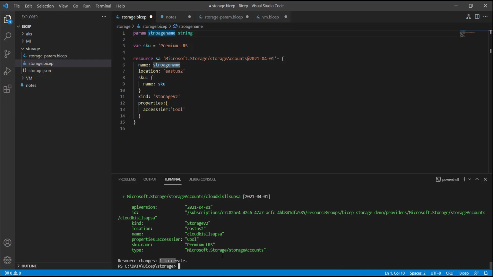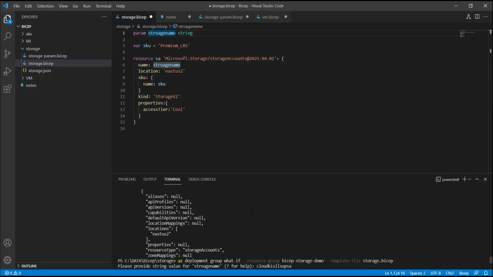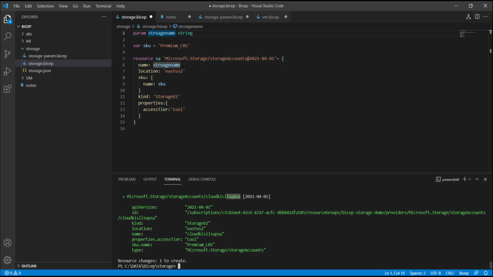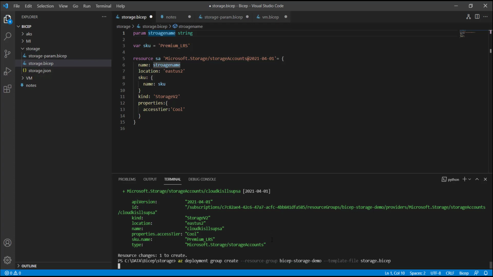Now we can actually deploy this particular template on Azure, and let's validate the name that we are going to create. Let me copy this particular name, because the parameter will ask us one more time. So let me add the command. Once I run this command, it will ask me for the parameter that we need to pass as the storage account name. So I am going to copy the name that we have passed.